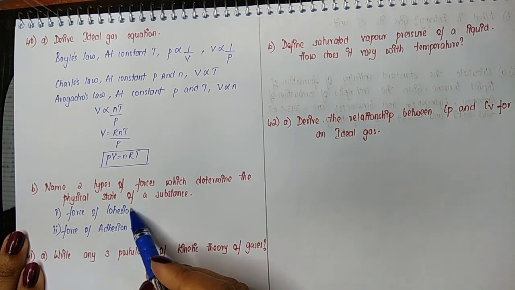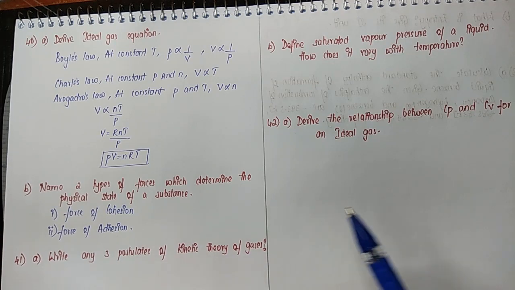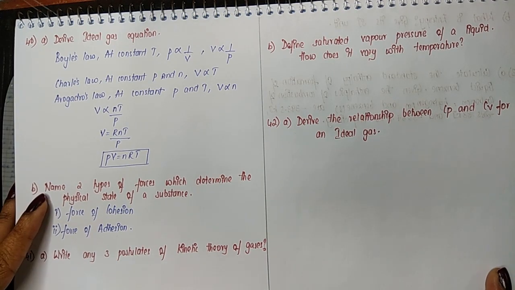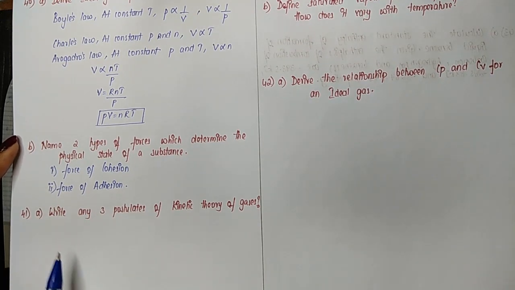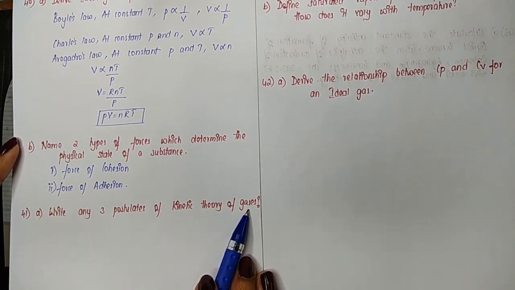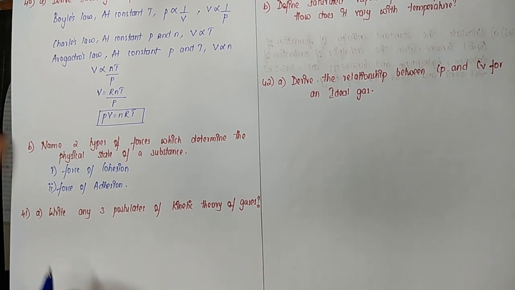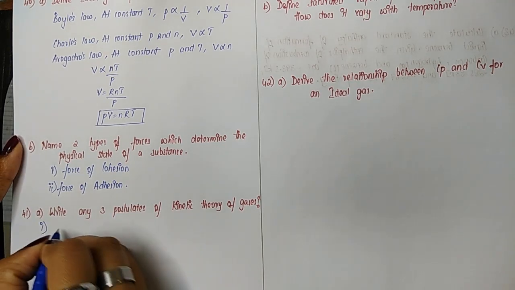So two things, for 2 marks you have 2 points here. Then we have our next question, which is the 41st question, A part. Write any 3 postulates of kinetic molecular theory of gases. So under this, the first point will be